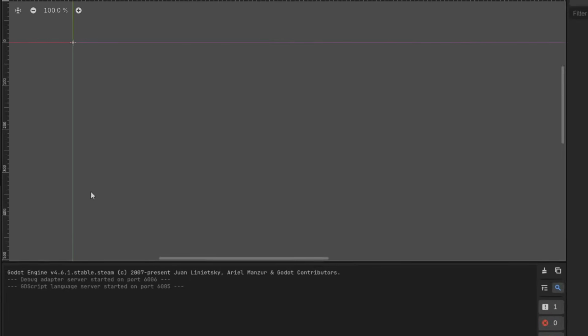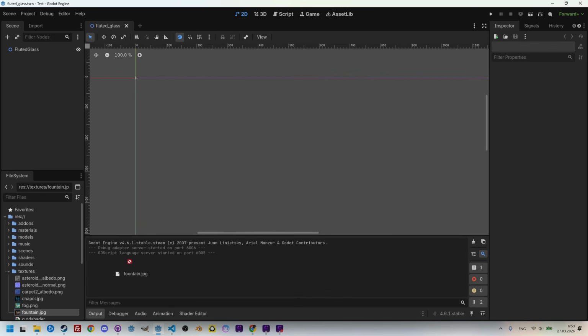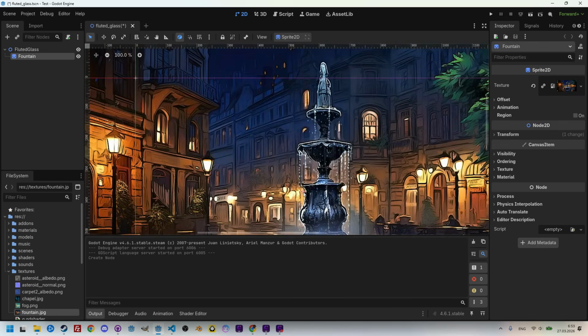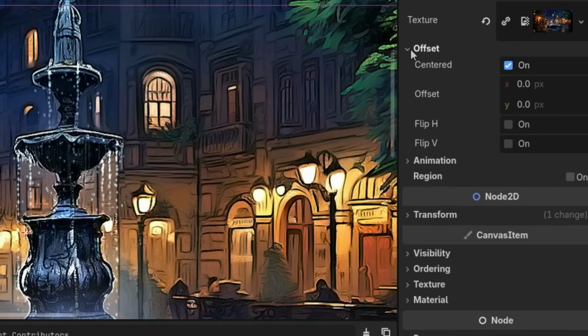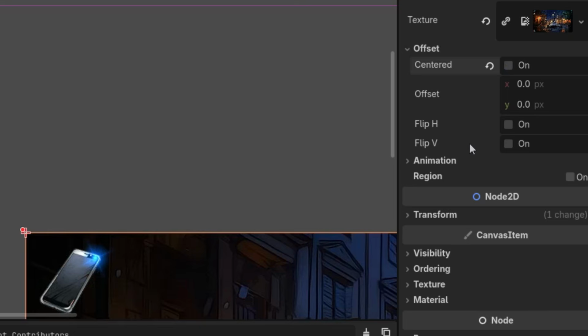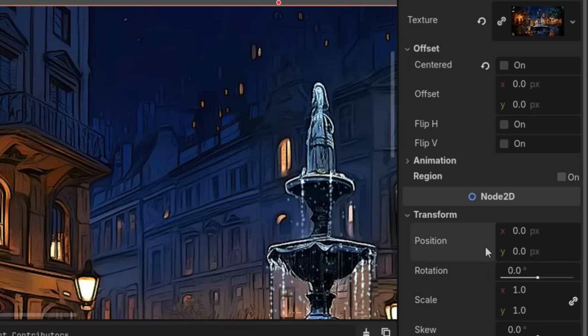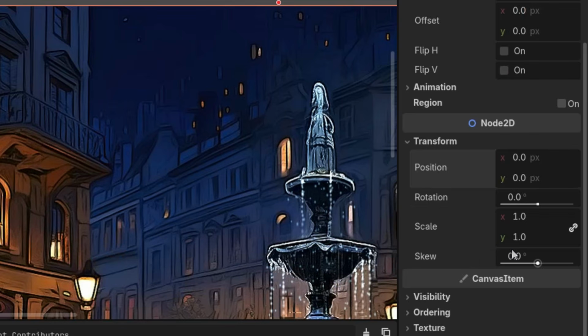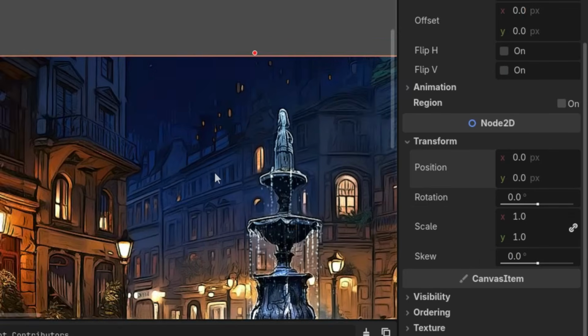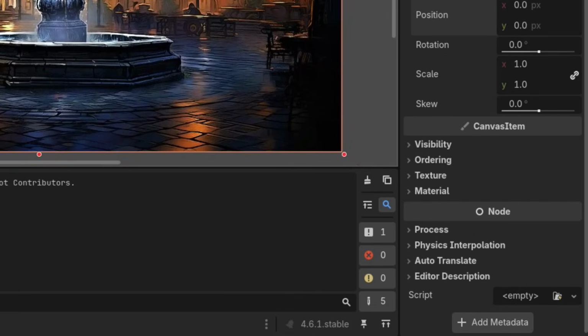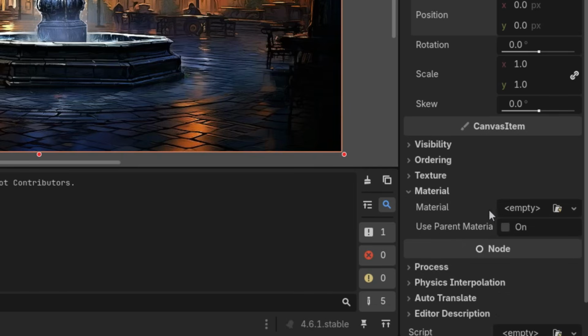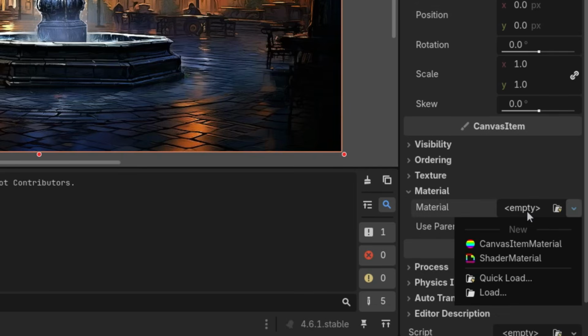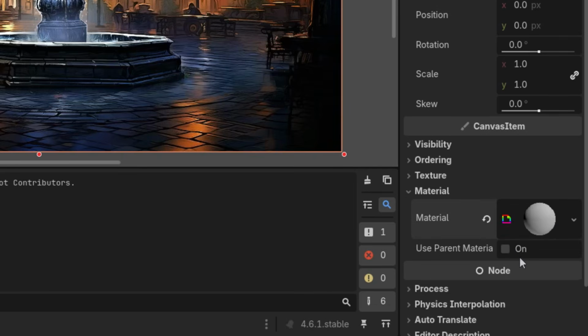glass. Okay, now I'm dragging the usual screenshot found in JPEG into the 2D editor. The Sprite2D node was automatically created, and in the inspector, let's go to offset and cancel centered. Let's expand transform and reset position to 0, 0. Scrolling down to the material section and opening material, I'll add a new shader material to the material